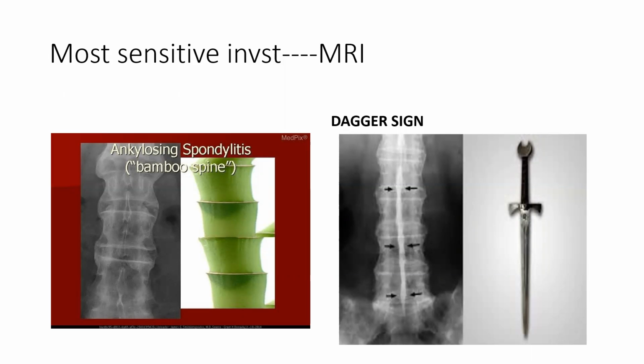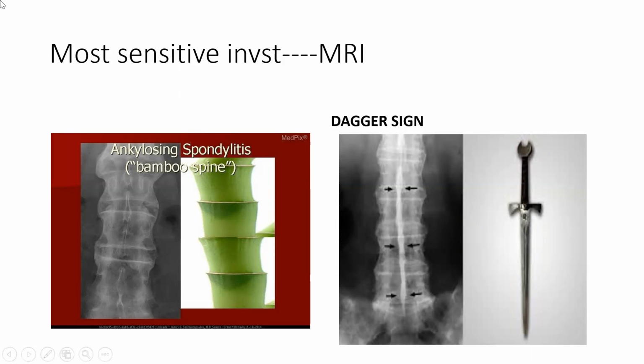If you do an X-ray, you can miss some of the points. You can miss some of the calcification, some of the other characters. But if you do MRI, you can see the soft tissue. So in ankylosing spondylitis, what will you see? You will see enthesopathy, the ligament calcification, everything in the soft tissue pattern. In ankylosing spondylitis there is a problem of enthesopathy and soft tissue calcification. So the most sensitive investigation for ankylosing spondylitis is MRI.